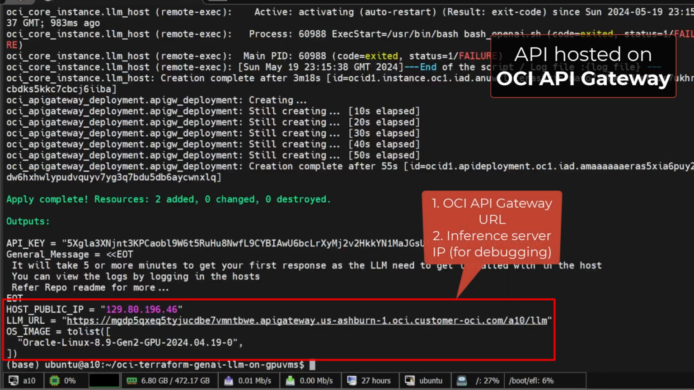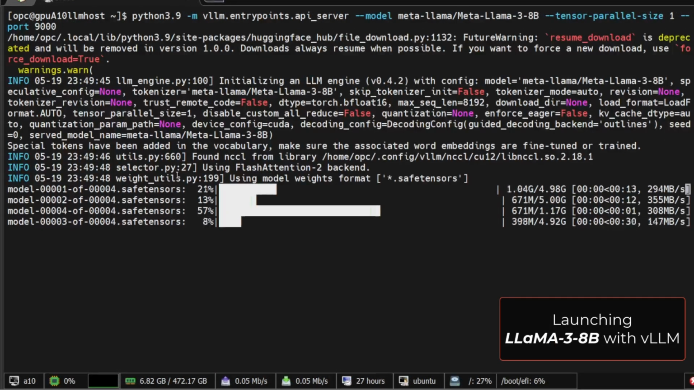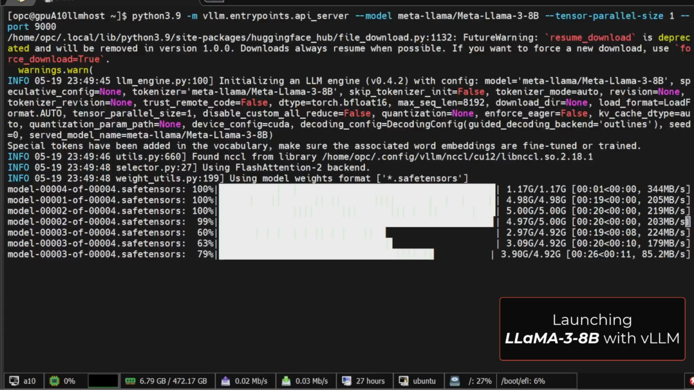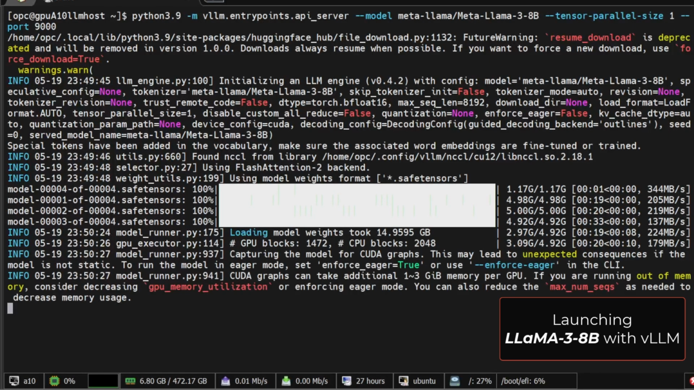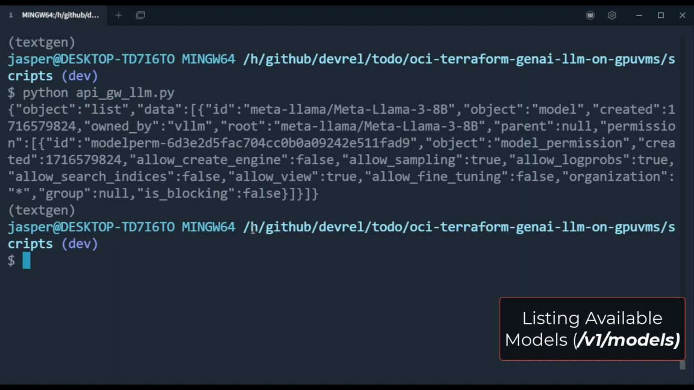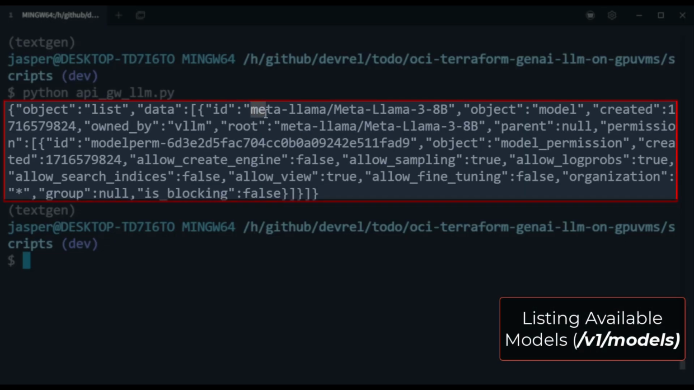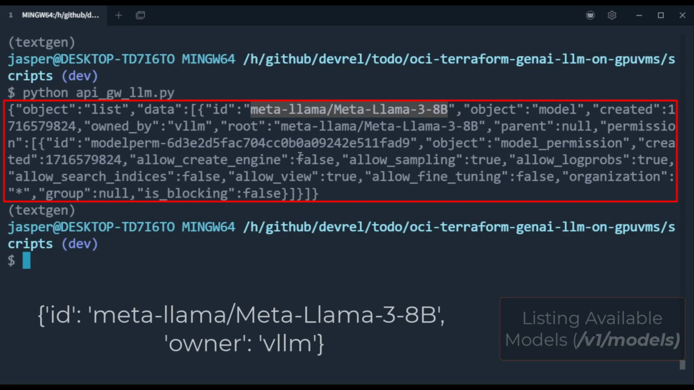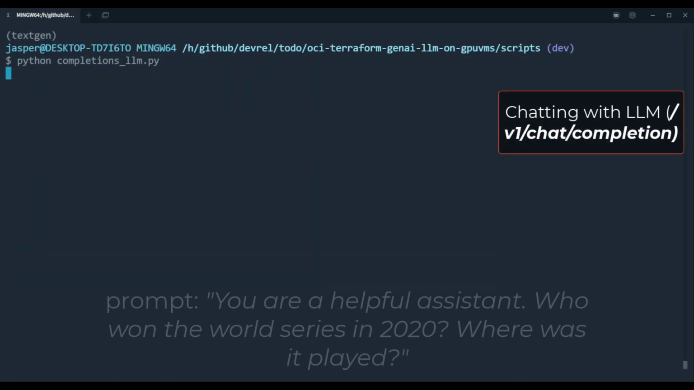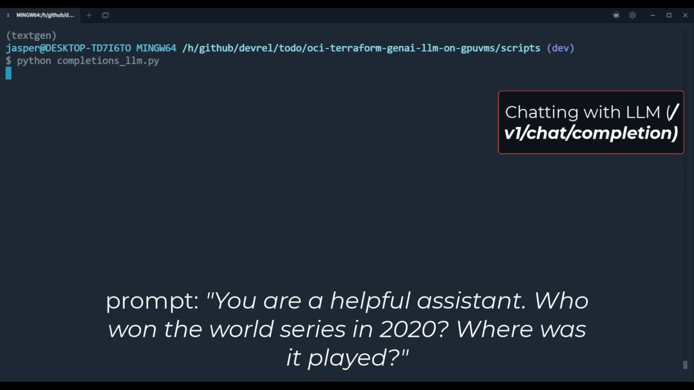vLLM can be deployed as a server that implements the OpenAI API protocol. This allows vLLM to be used as a drop-in replacement for applications using the OpenAI API, meaning that we can choose OpenAI models like GPT 3.5 or GPT-4, or open source ones seamlessly to generate text for our requests based on two things: the original user's query and the model name of the large language model you want to run